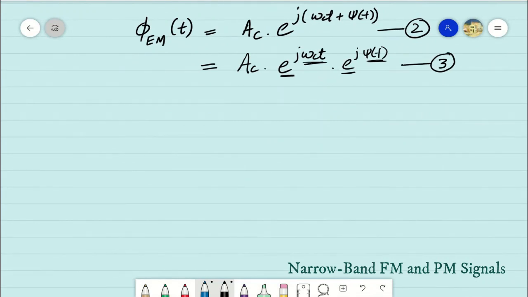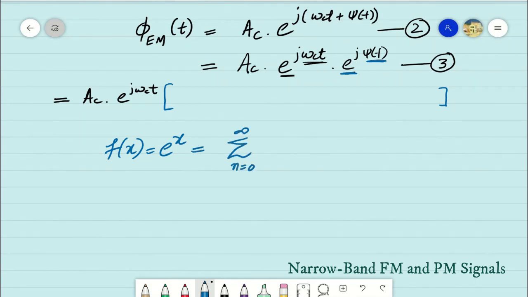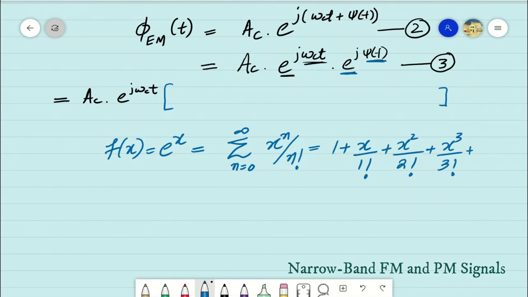Here in equation number 3, we can extend the second exponent by using power series. An exponent function can be represented with an infinite polynomial, that is, power series expansion. For example, if we have in generalized form a function f of x, that is exponent of x, the exponential function is the infinitely differentiable function defined for all real numbers whose derivatives of all orders are equal. Therefore, the function can be represented as a power series by using the Maclaurin's formula, which is, if we expand it, we get, and so on.